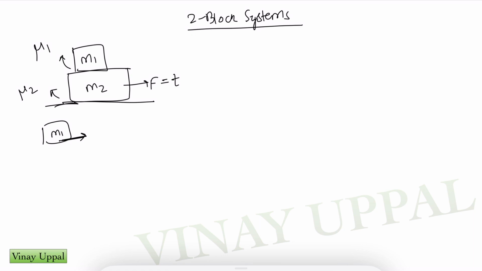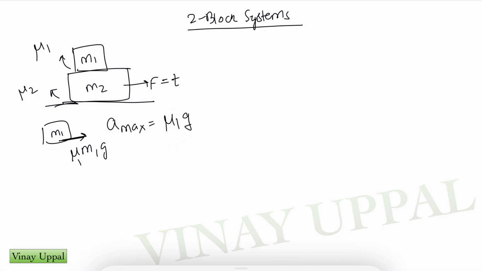So therefore, by Newton's third law, the friction will act onto the right on the block M1. So I'll have mu1 M1 g as a friction force. This is the maximum possible friction force that can act on M1, and therefore its maximum acceleration would be mu1 g. And therefore, the system can move together as long as it's moving with an acceleration lesser than or equal